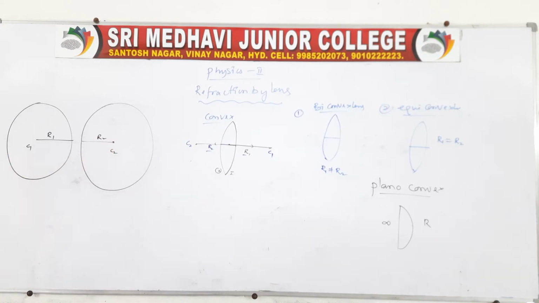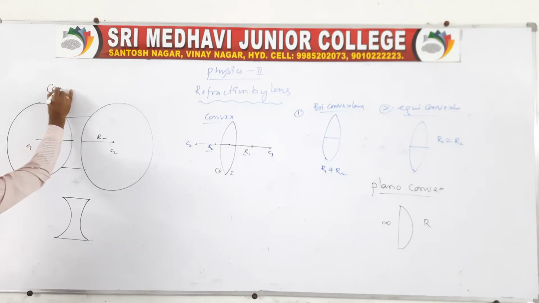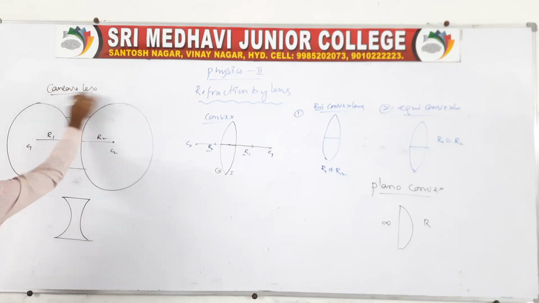See, for the individual glasses with centers of curvature C1 and C2, you cut like this and take this part. Then we get two pieces, and you separate them from the spherical glass surfaces. We may get it like this. Clear? This is a concave lens. Concave lens will be like this.